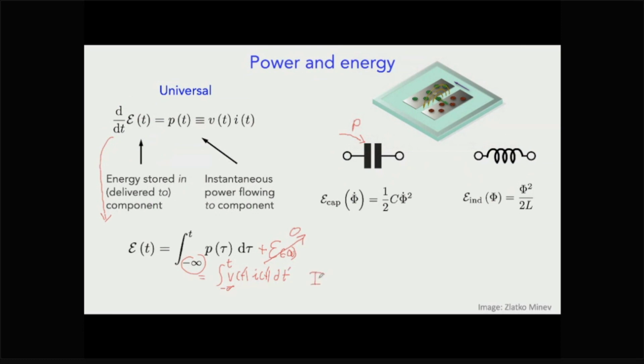using the fact that phi dot, the rate of change of the magnetic flux, is equal to the voltage. To calculate that the energy in the capacitor is 1/2 C phi dot squared, or basically it's 1/2 CV squared, the voltage. And the energy in the inductor is phi squared over 2L, or it's the magnetic flux squared divided by twice the inductance. So the larger the inductance